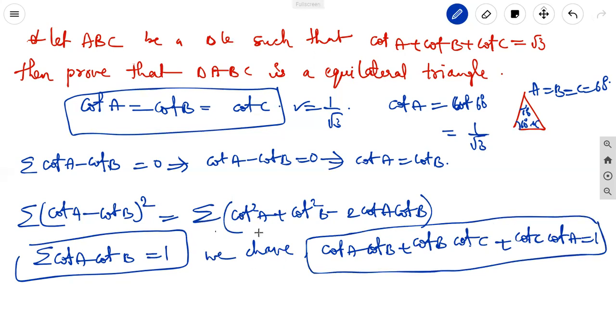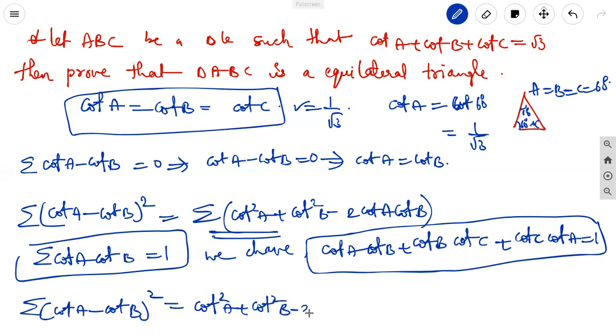And the expansion of the summation: sum of cot A minus cot B whole square is equal to cot square A plus cot square B minus 2 cot A cot B